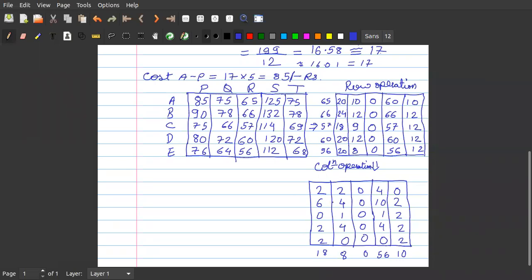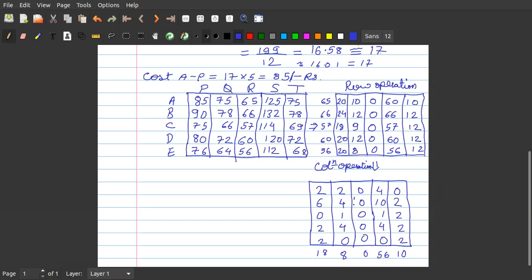In row number 1, there are 2 zeros, one at this location, one at this location. Correct? Can you see my pointer, students? Yes, sir. Okay. So in row number 1, there are 2 zeros, whereas for row number 2, there is only 1 zero.